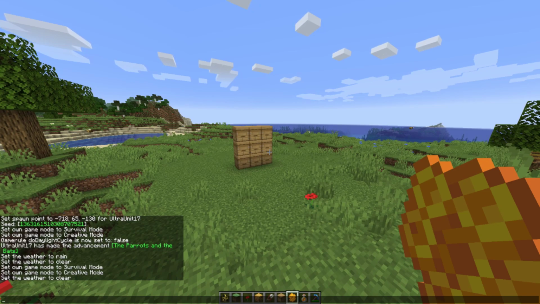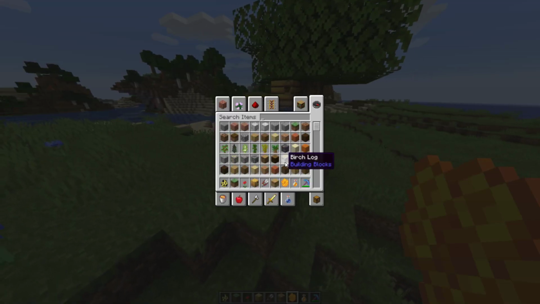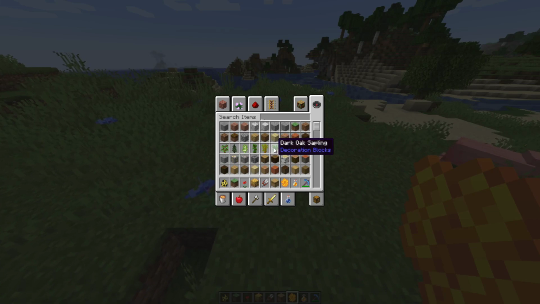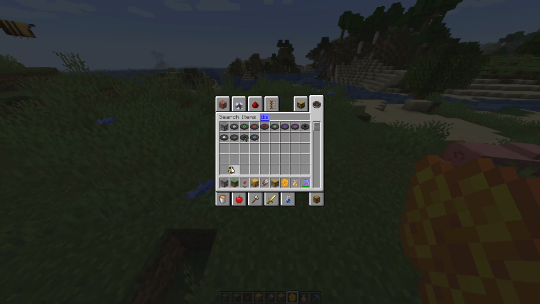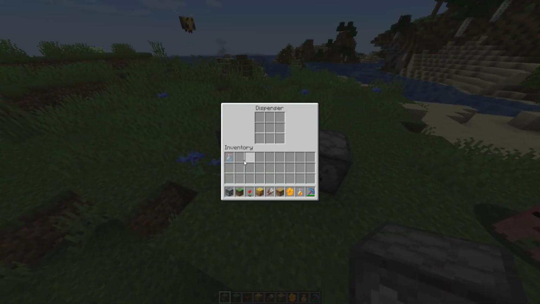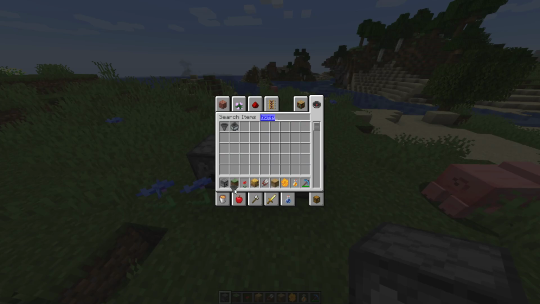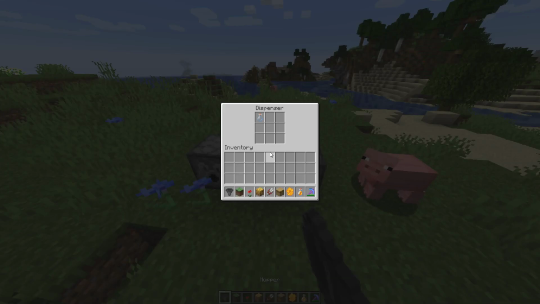On to the dispensers. Dispensers can now fill bottles with water and honey. I guess how that would work is you put the dispenser down. Here, let's try it. Because I'm not entirely sure what it means by that when it said that. So dispensers can now fill bottles. So if I put this bottle in here. I don't know how this works. How would you do this? Do you put like the hopper on top and then put water above that? Or do you put water inside? Like, it says...